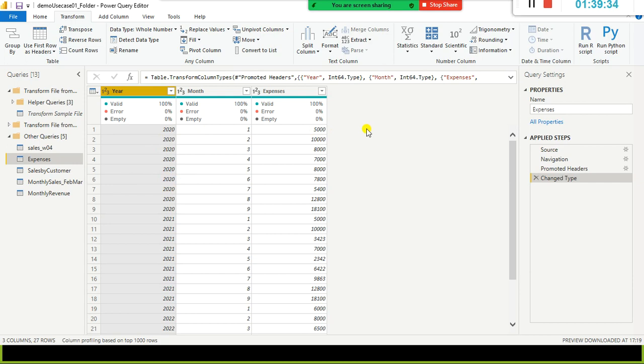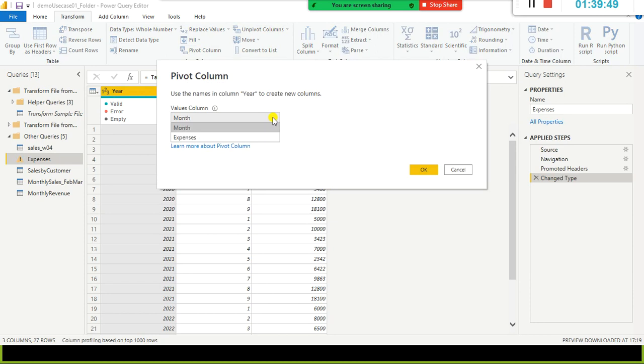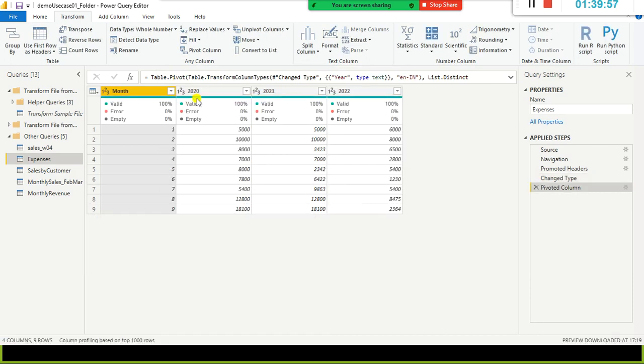Rows to columns. If you want to convert it, we can use something called pivot column. If I click on this, first you need to select the column that you want to pivot, and then the next step is to select the value column. This is the numeric value. I just click on OK here. Look here, in the year column we had the rows like 2021, 2022, right? So all the years became columns now. To convert the rows into columns, we can use pivot.